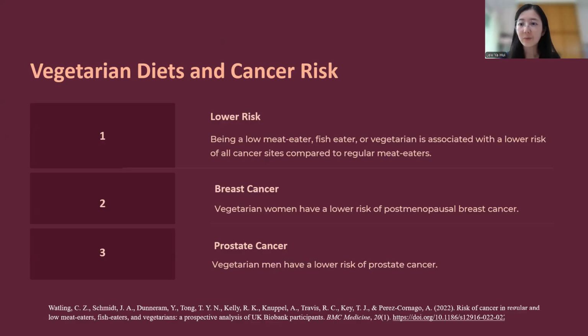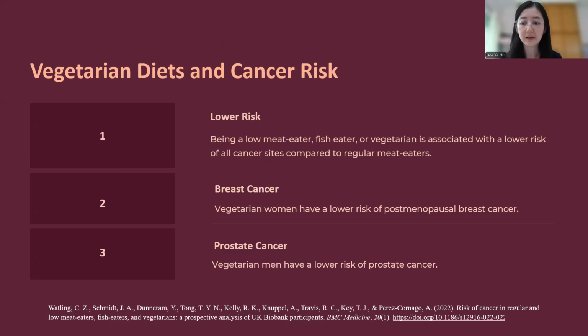The lower cancer risk in vegetarians is probably because they have a lower BMI, okay, and also lower circulating insulin and growth